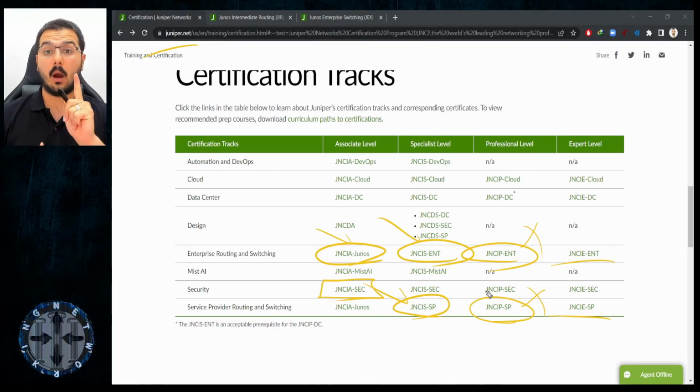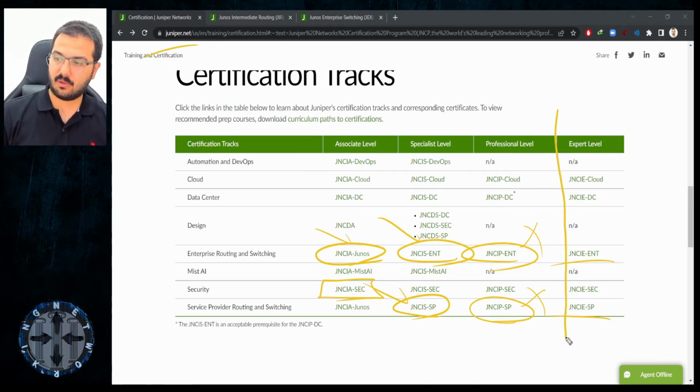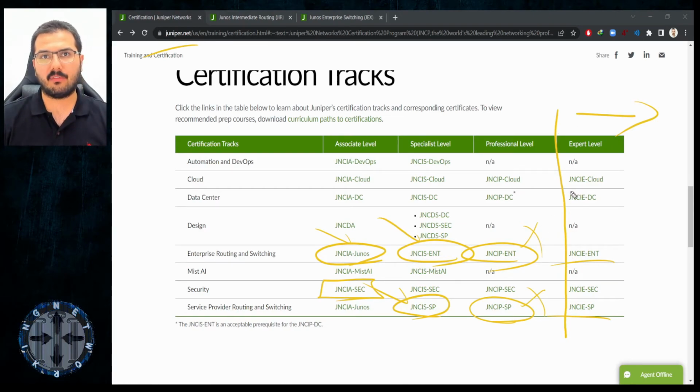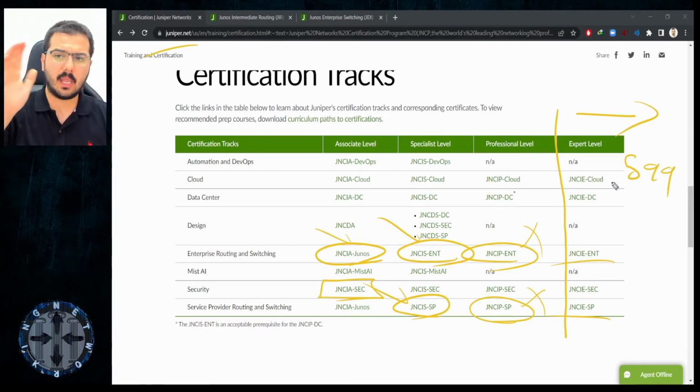This is the idea. One thing is really different between Cisco and Juniper here, which is the opposite of providing resources for exams. You see these exams on the right side, these are lab exams. With lab exams, Juniper doesn't provide a training. They provide you a workbook, a few hundred pages, not a lot actually, 200 pages, something like that, that will prepare you very well for this exam. For how much? For $599. Just click on the link and you will see $599. Subscribe, they will give you a PDF to download, done, you get the book.